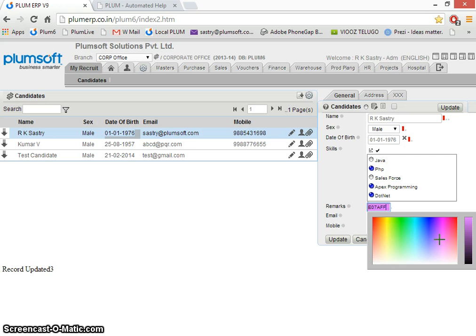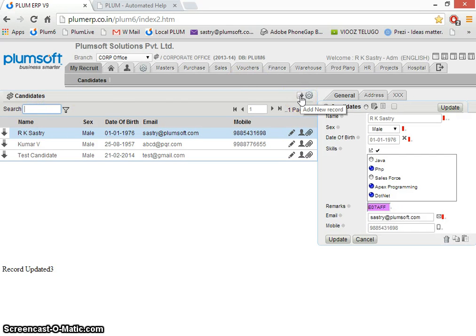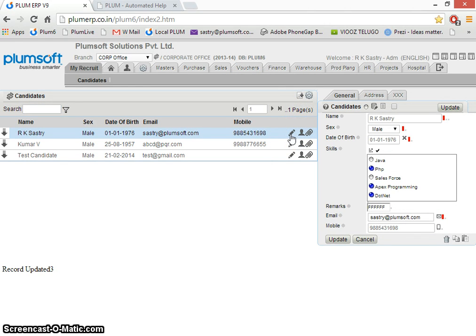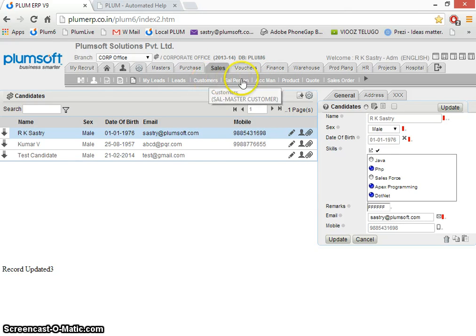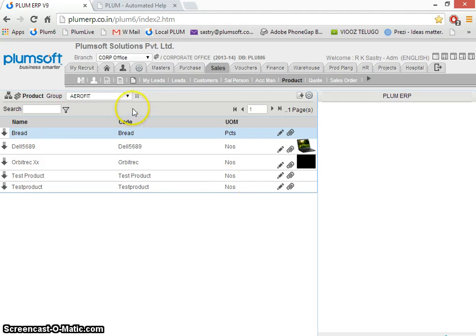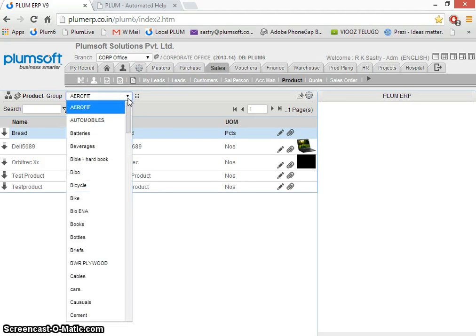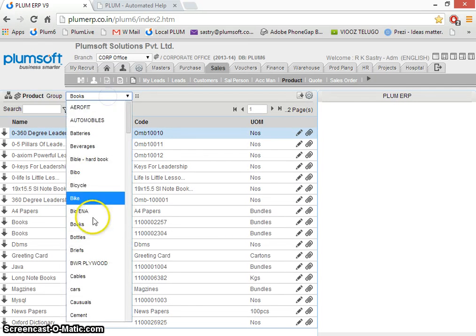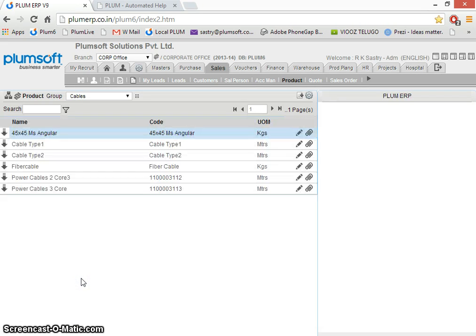Of course, there are lots of such controls using which you will be able to create the form, the searching mechanisms, data can be inserted, form can be altered, each field can be altered, and that is a very fast look into the plum forms or plumware thing. Of course, there are a lot of features, such as you can integrate 2-3 tables or products. For example, the products can be grouped and they can be searched based on the top combo, we call it, or you wanted to search only for books, you have only books coming up, and you want to search for cables, the cables come up there.